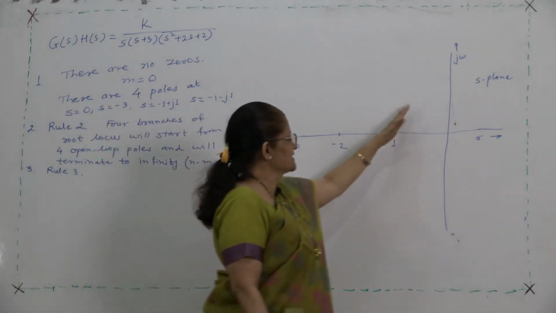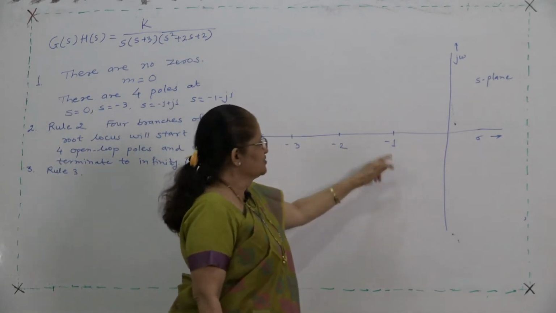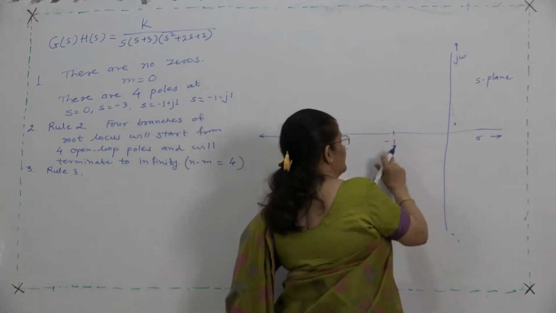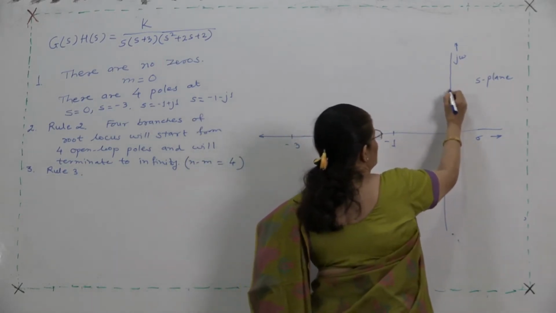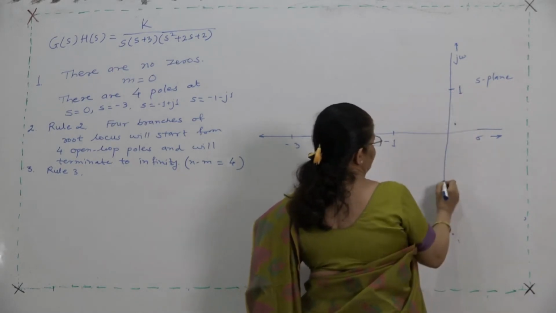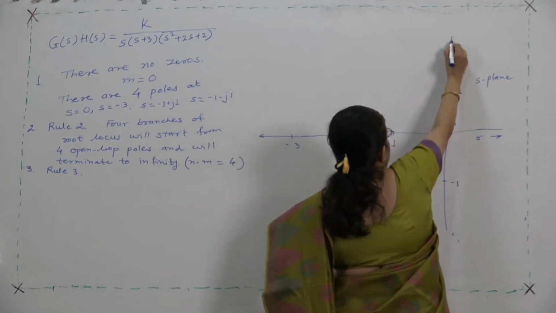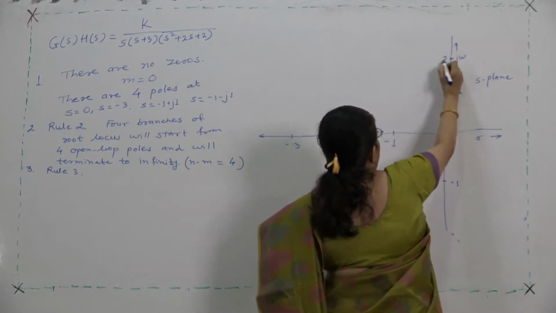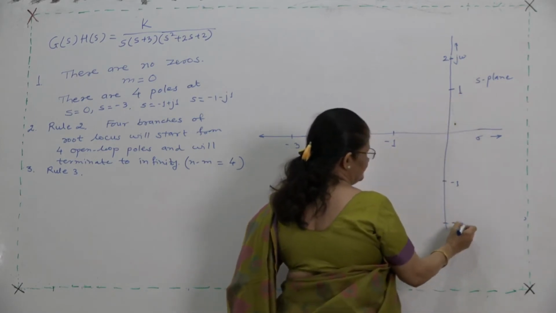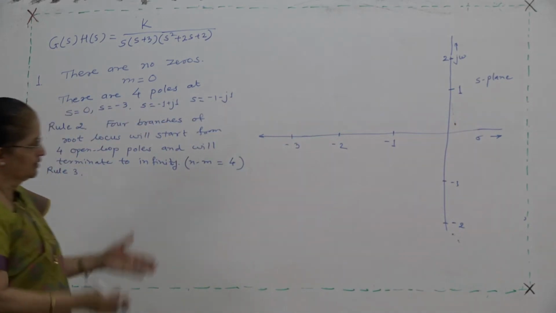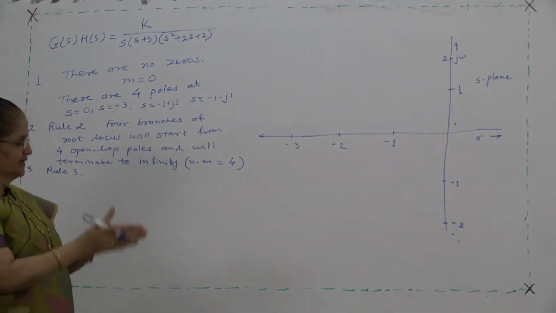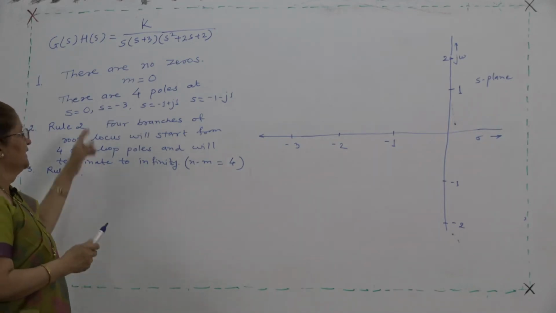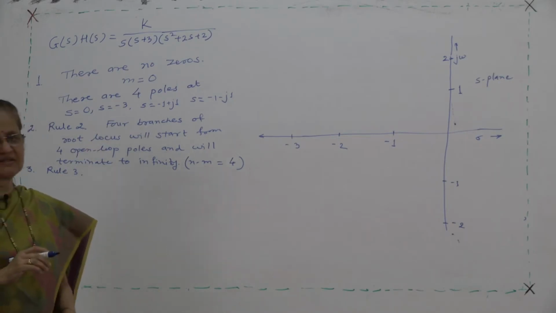Usually the y axis scale should be similar to the x axis. So if you are taking 2 centimeters for 1 unit, 2 divisions for 1 unit, you select here also 2 divisions for 1 unit. Usually select it in this way. Okay. So you will get here 2, here -2. So on the graph paper you are considering 2 centimeter is 1, on the x axis and y axis we are representing. Next step is to represent the poles and zeros.